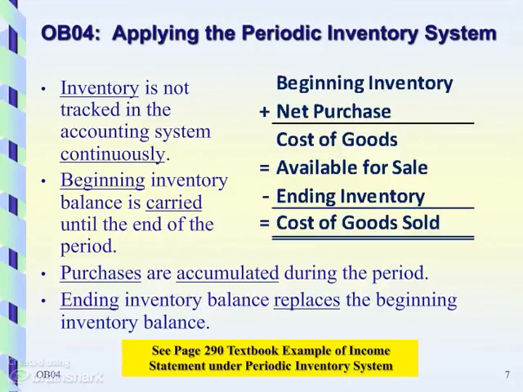So, looking at this equation up here on our slide, in order to figure out our cost of goods sold, we're going to take our beginning inventory and add to it any net purchases that we accumulate during the